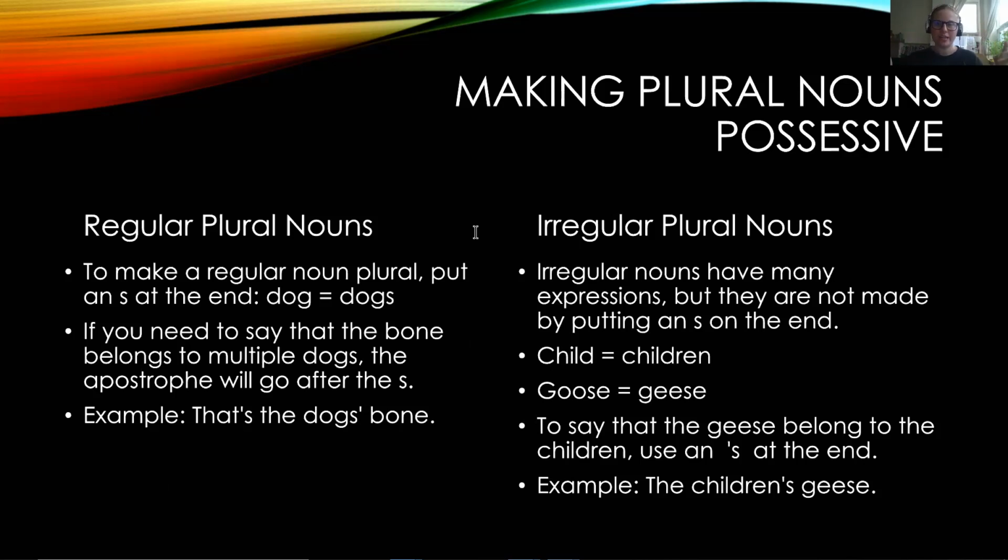But there also in English, to make it fun and confusing, are irregular plural nouns. So these are nouns that refer to more than one, but they are not made by putting an S at the end. So two examples here would be child, right? Child means one kid. And so if you have more, you say children. So it is an irregular. You don't say childs with an S at the end,